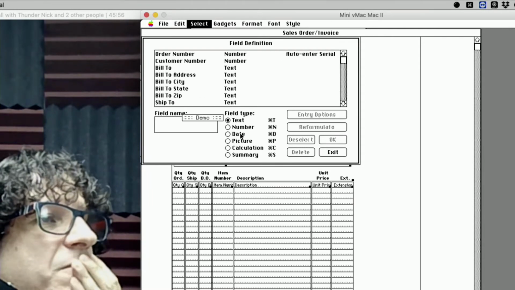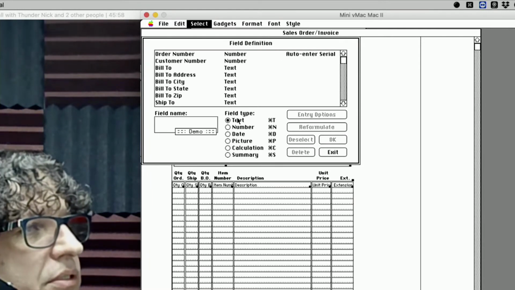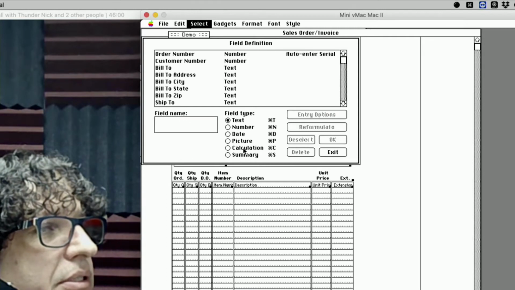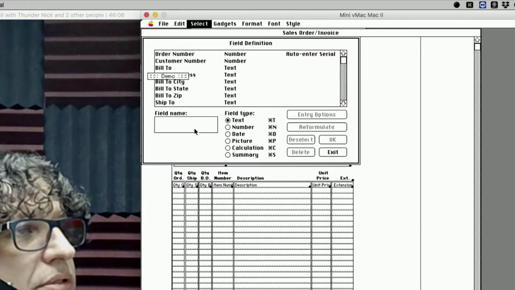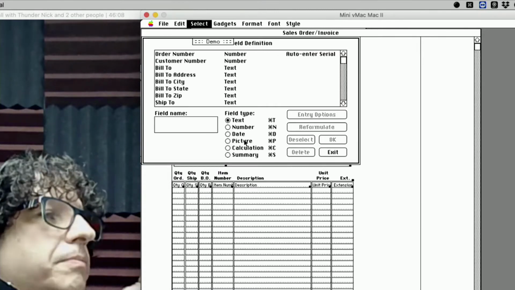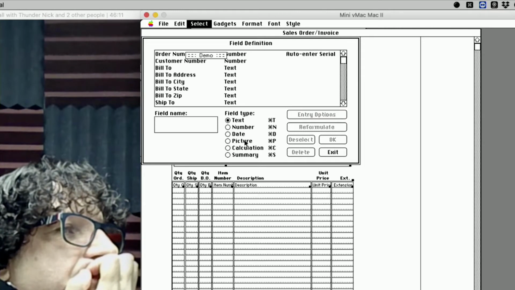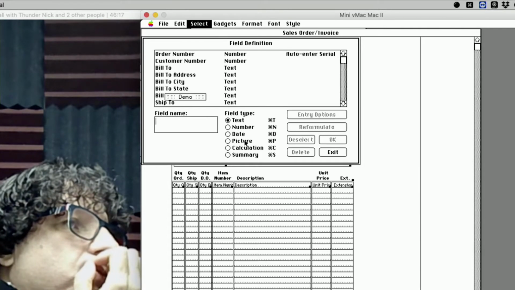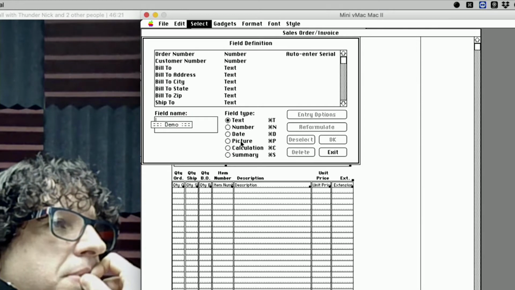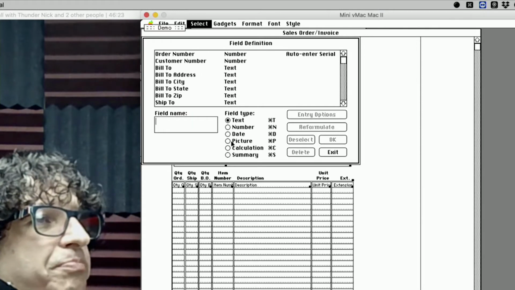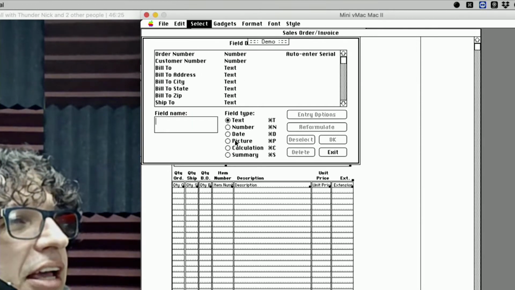So for those of you wondering about the field types, now we've got a container. They didn't have containers back here, but yes, you have container picture. So now containers are a kind of field, a storage type of a field. Currently, a container is a storage type of a field, right? Text, number, container. But in the old days, it was actually a picture.